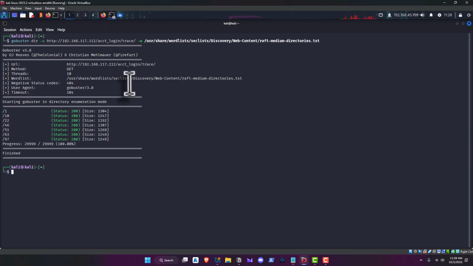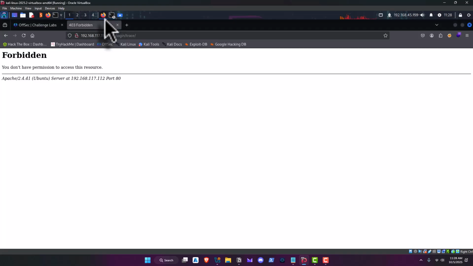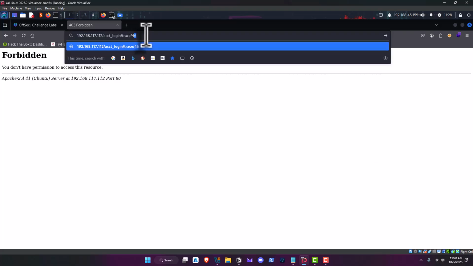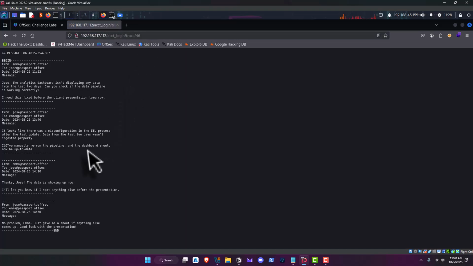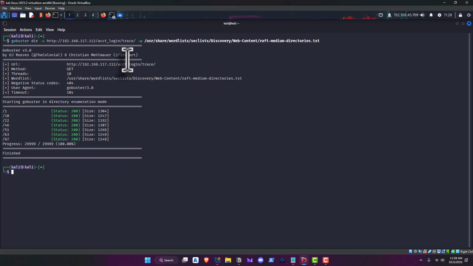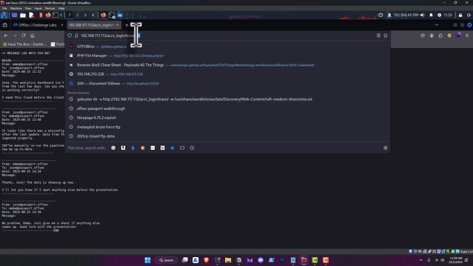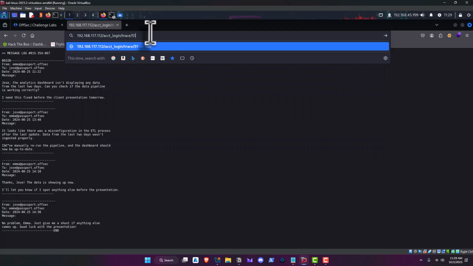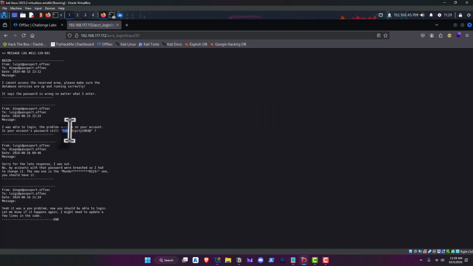So then I ran gobusting inside of trace. The next set of directories that popped up were these numbers. I think it's either 46 or 51, and I'll show you what happens. If we put 46 in, we get these messages, and most of them are not really useful. But let's look at 51 and 63. So we'll come back here and put in 51. And bingo, we get a password: serendipity1903@